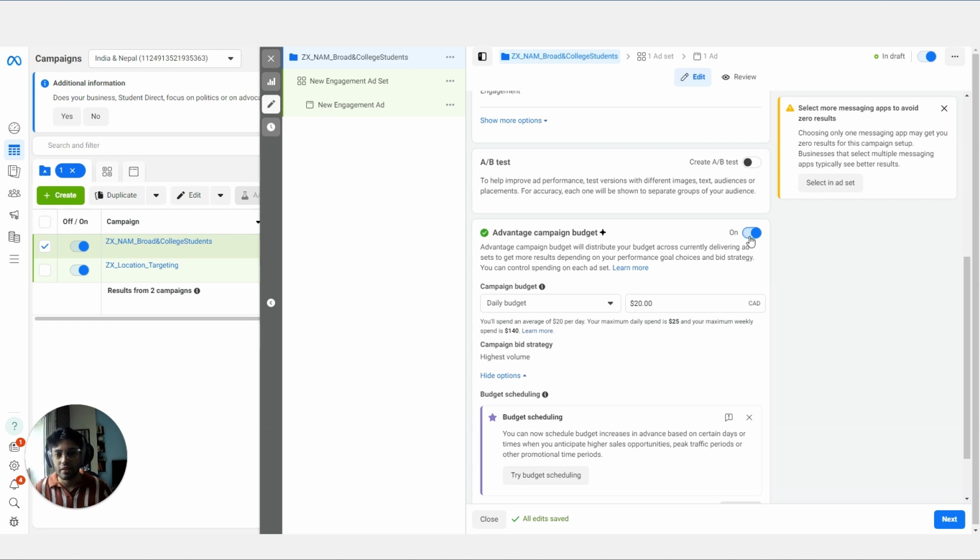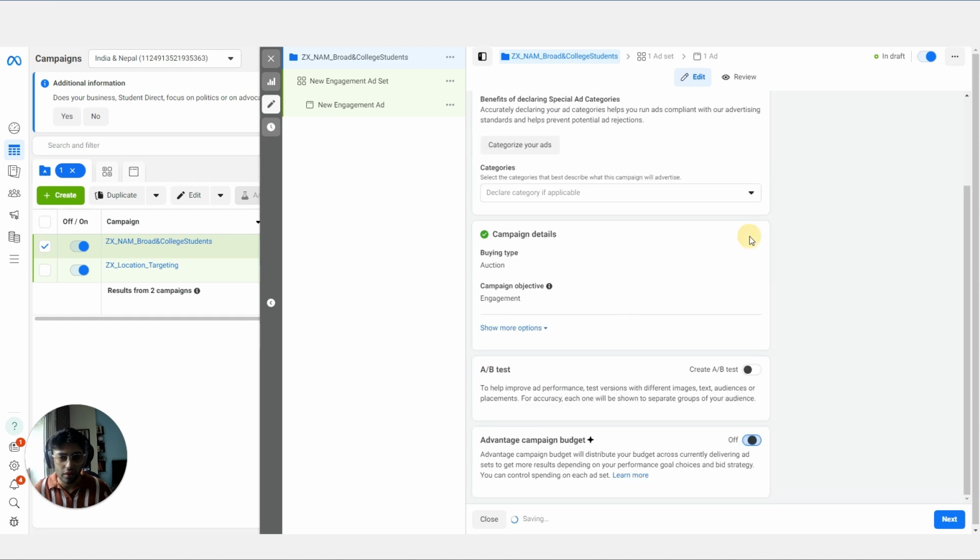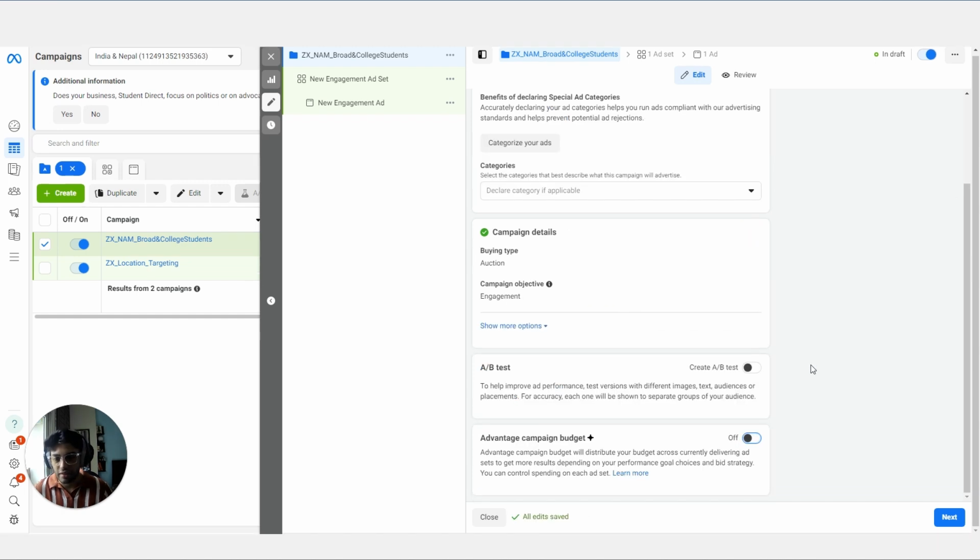But in my case, right now, this is a new ad account, so there's no point of choosing this. I'll just segregate the budget based on ad group, and I'll see which one is performing better based on the metrics, and then I'll keep optimizing it till we have enough data in the ad account for me to go for the automation completely. So initially, I don't choose this. I mean, automation in some things is good, but I just haven't seen good results in this, so I would not choose this. Next would be